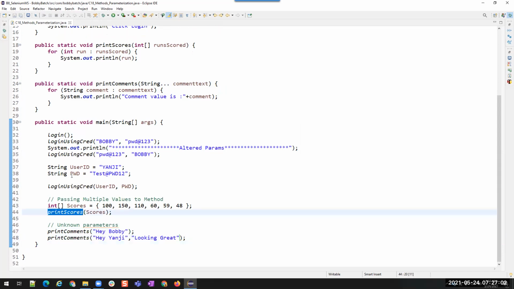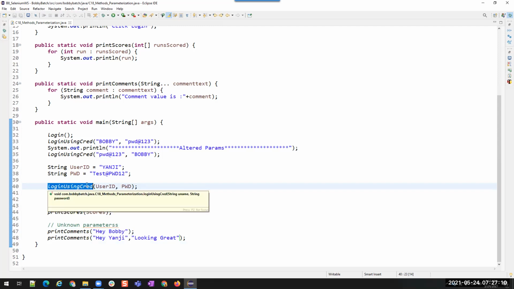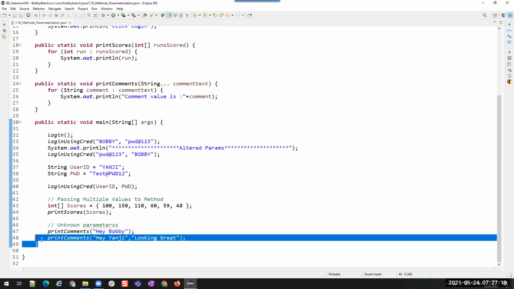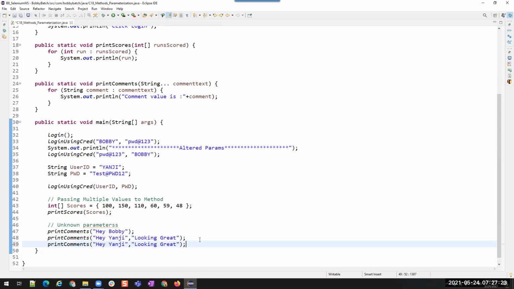Earlier, when I used login credentials with the third parameter, it was throwing an error because this method was accepting only two parameters and not the third parameter. But now you see here, print comments, I'm passing one, it is accepting. Passing two, it is accepting. Then I'll pass three parameters also, it will accept without any error, without any issues.